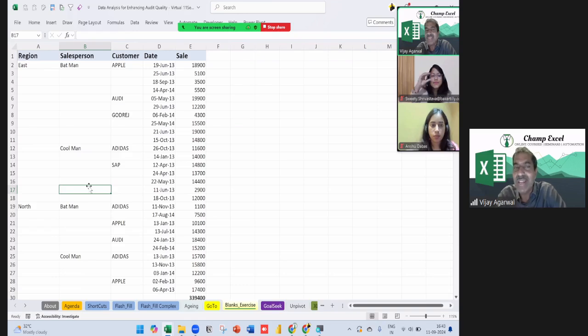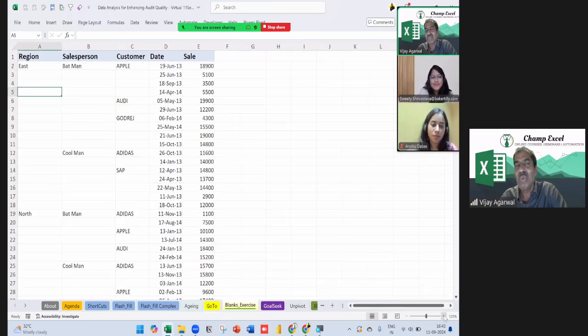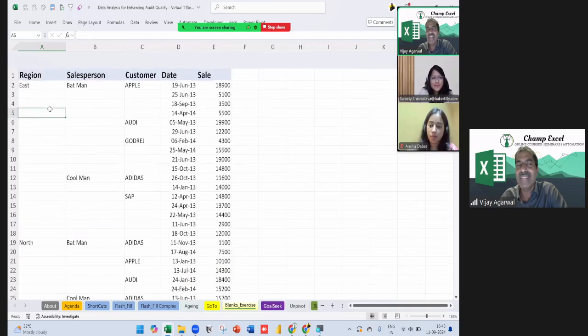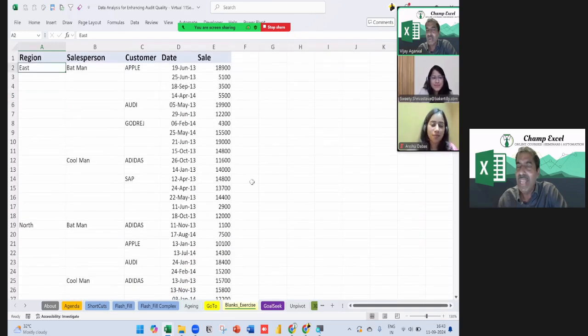If I ask the moderators, they are also young chartered accountants. So if I ask Ansu, Sweetie, what would be your answer? Tell me whether this data is correct or not, or can you assume something about what these blank cells reflect? Suppose you went for an interview and the interviewer is asking you a question: can you do the analysis from this data? Or are you going to tell the interviewer that the data is incomplete? What would be your answer?